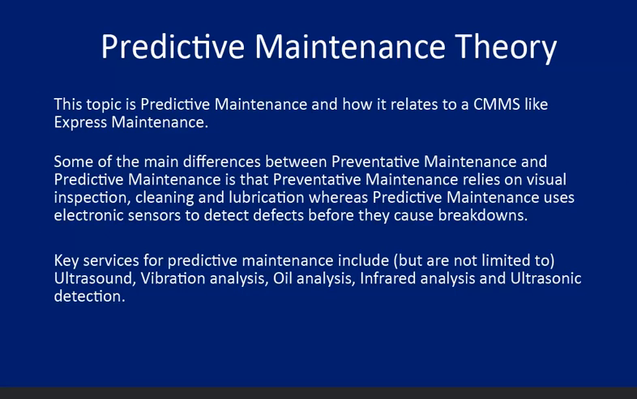This topic is predictive maintenance and how it relates to a CMMS like Express Maintenance. Some of the main differences between preventative maintenance and predictive maintenance is that preventive maintenance relies on visual inspection, cleaning, and lubrication, whereas predictive maintenance uses electronic sensors to detect defects before they cause breakdowns. Key services for predictive maintenance include, but are not limited to, ultrasound, vibration analysis, oil analysis, infrared analysis, and ultrasonic